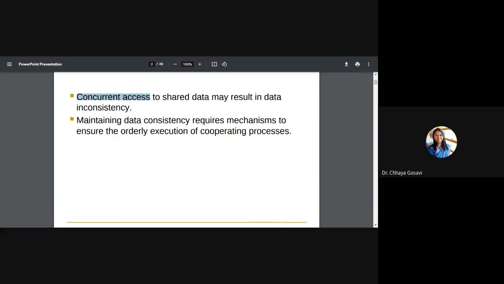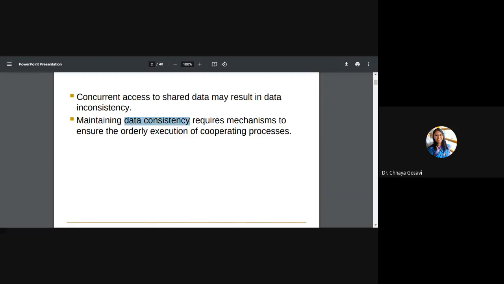See, concurrency means processes executing parallelly. So at the same time, if two persons try to change that character, there is an inconsistency. Either you can get the character written by Brishti or the one written by Amruta, not both at the same time, right? So concurrent access to shared data may result in data inconsistency. Maintaining data consistency is our job, the operating system's job: to allow execution of parallel processes, but there should not be any inconsistency.